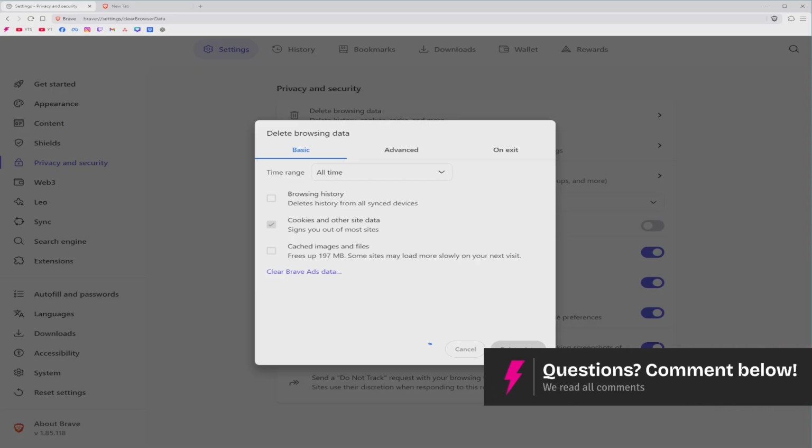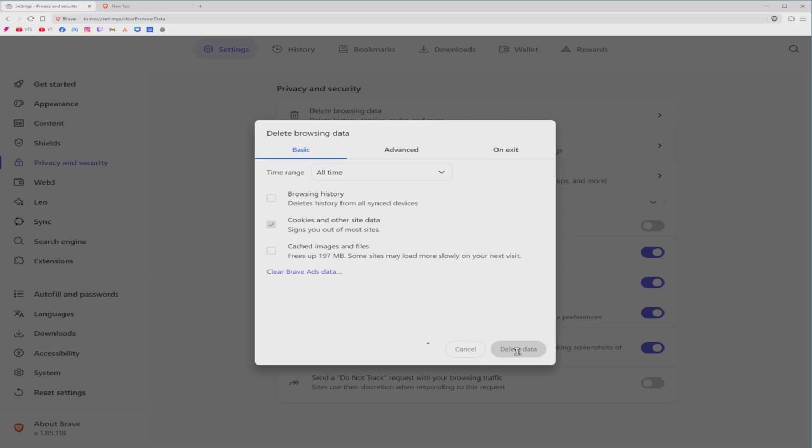Wait for the process to finish. And once that's done, you should be good to go. That is it. That is how you clear